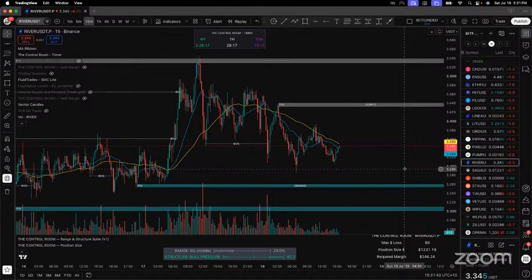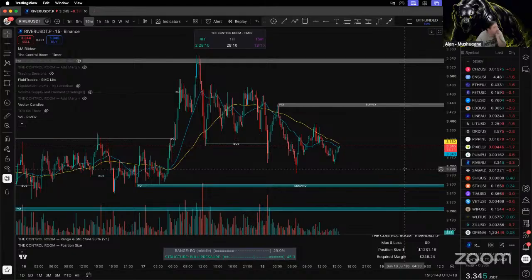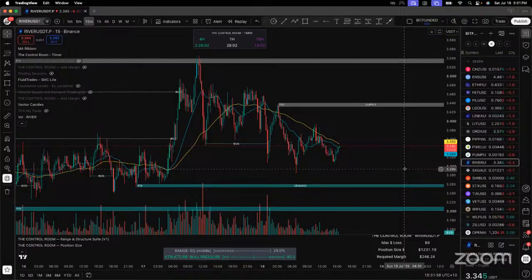Yeah, I see it right there on the screen, Steve showing it. My entry on River was 3.51. Nice. You took that in the Zoom last night, didn't you? Yeah, that's awesome.